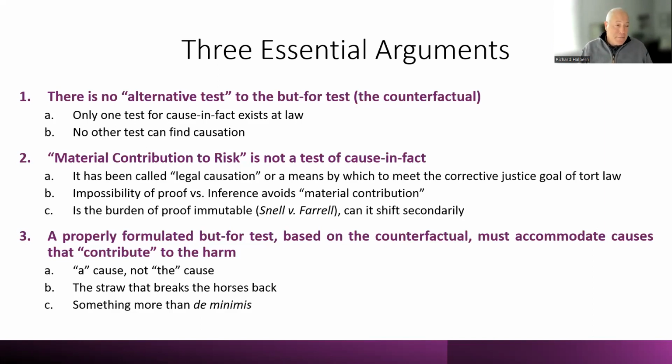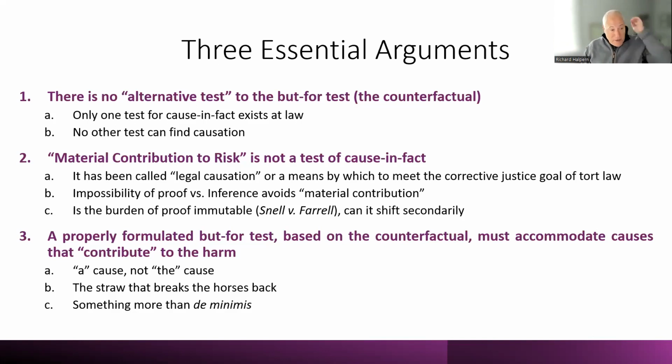I do argue that, while we must acknowledge that the burden of proof is always on the plaintiff, it may be that that burden of proof is not immutable, as Justice Sopinka suggests in Snell and Farrell, and there could be some notion of a secondary burden of proof or some sort of shifting of the burden of proof to the defense. The courts have been careful not to call it that, and what they essentially say is that once the plaintiff has established a prima facie case of causation, in the absence of an explanation from the defense that essentially trumps the plaintiff's theory, the plaintiff will succeed.